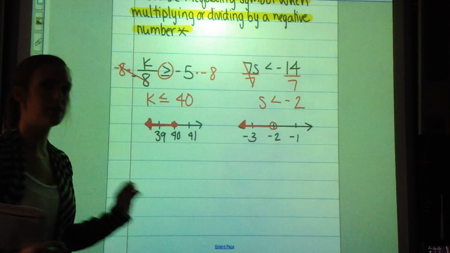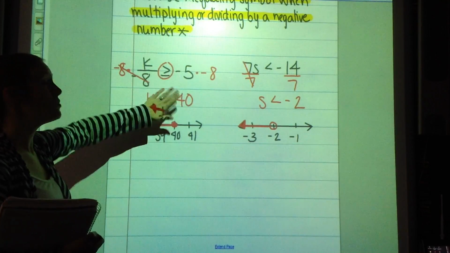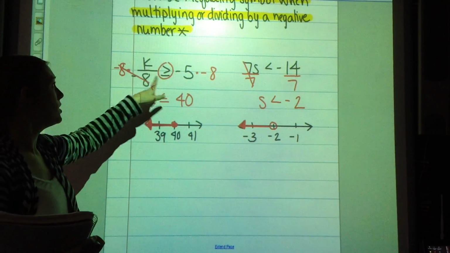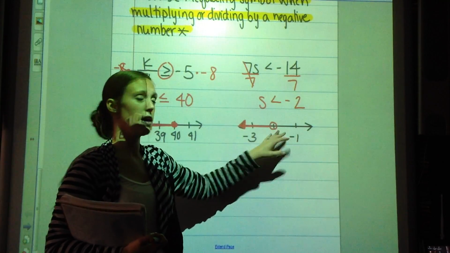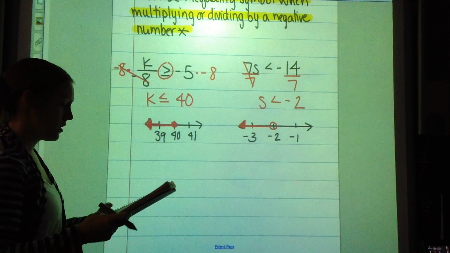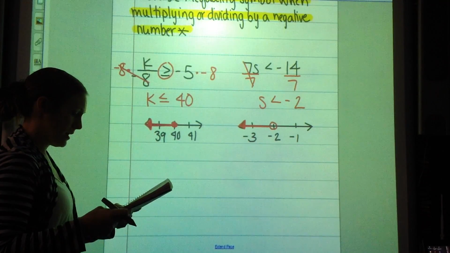Now again, think about the difference between these new things. This is when you use the new rule, the highlighted rule. When you're bringing a negative to the other side, you switch. When you're bringing a positive to the other side, everything stays the same. I would like you to try